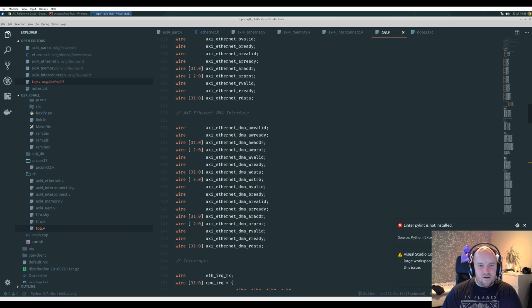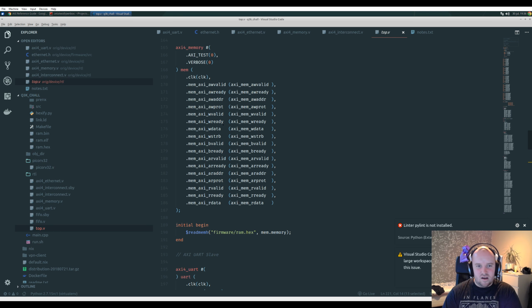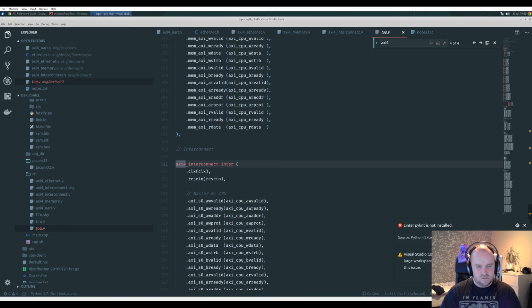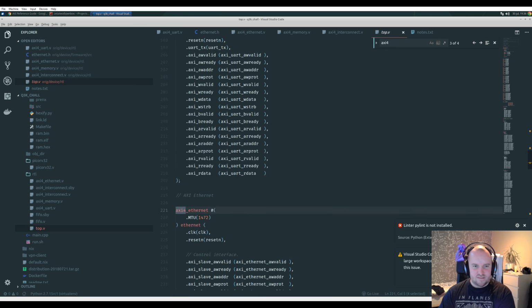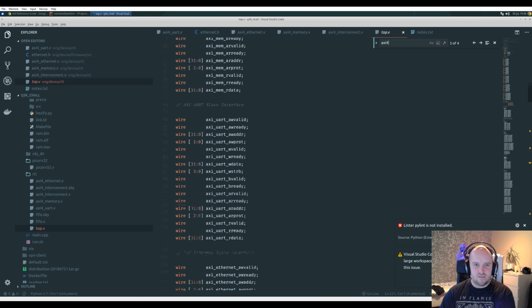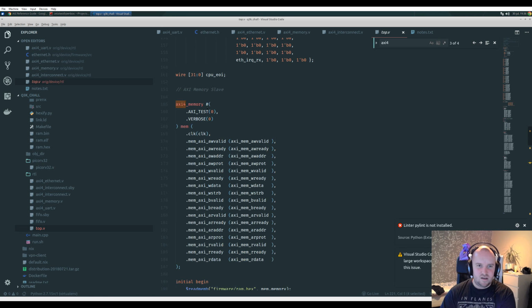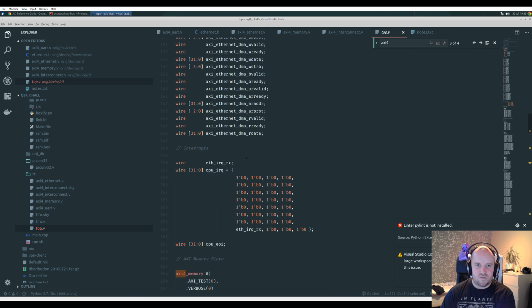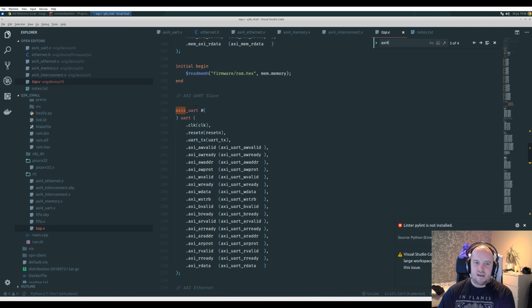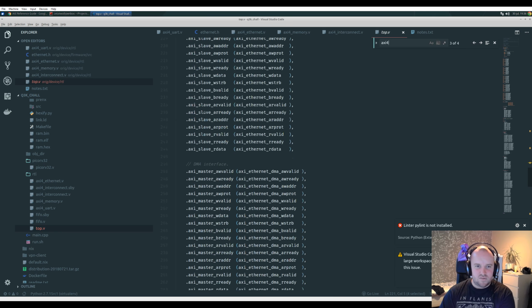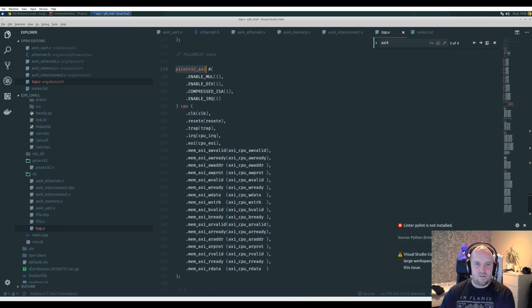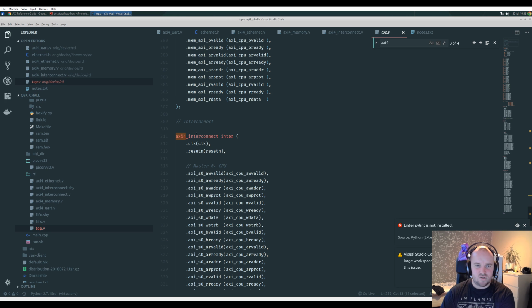So here we see a lot of stuff, but we see specifically these modules. So this is like a Verilog. In this Verilog code, we have one module called the top module, and in this we can instantiate other modules. So here we instantiate this memory module, and then we connect the inputs and outputs to these wires in this top module that we have defined. And the same thing with the UART, the Ethernet, and here we have the CPU, which we also connect to